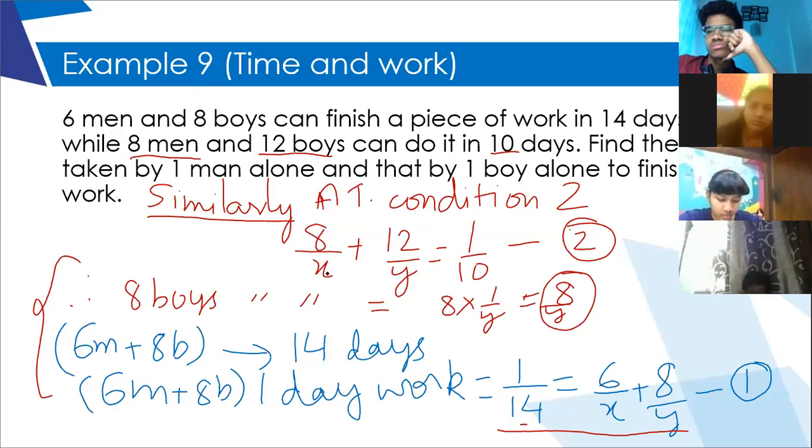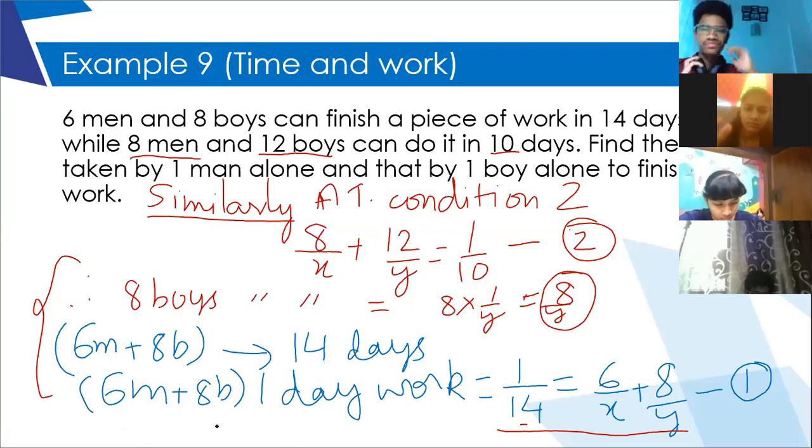Okay, let me then solve it. Wait, because I'm not getting it. Okay, okay. Just give me 2 minutes. Okay, ma'am. I'll open a blank slide and then I will solve it.